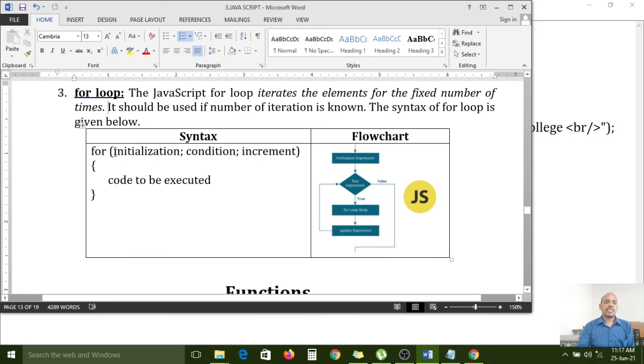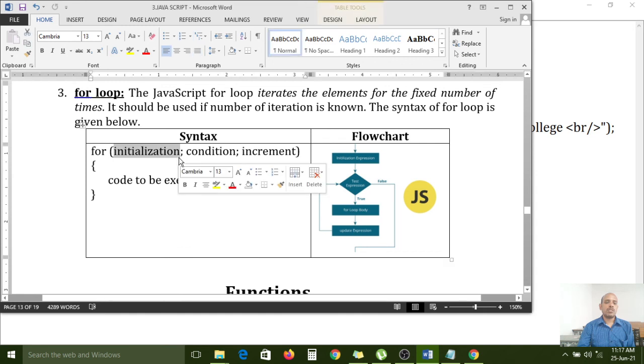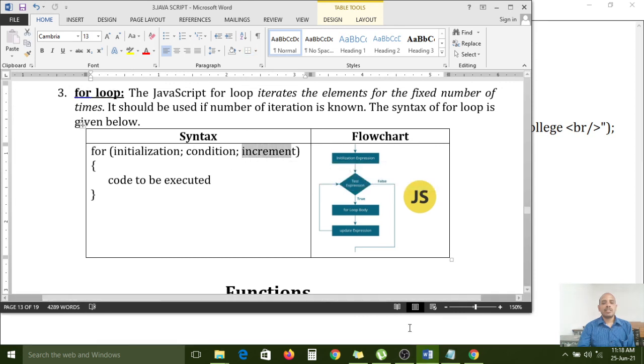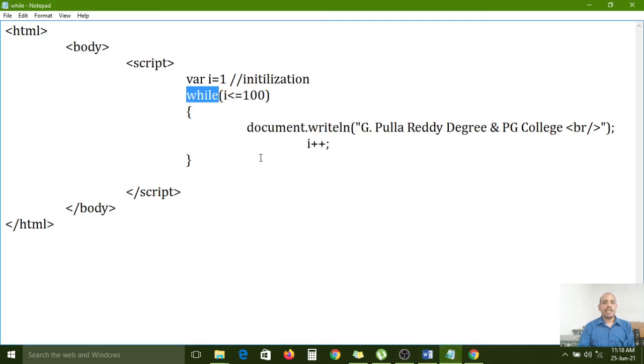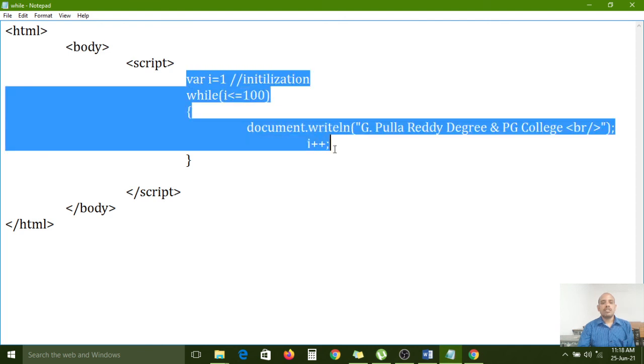So here I have given the syntax now. In the for loop, the initialization, the condition check, and the increment are all done in a single line. Carefully observe. In the while loop, first the initialization is here, after that the condition check is here, and after that the incrementing process is inside the block. How many lines do we have? 1, 2, 3, 4, 5. So this much block you have to write for the while loop.